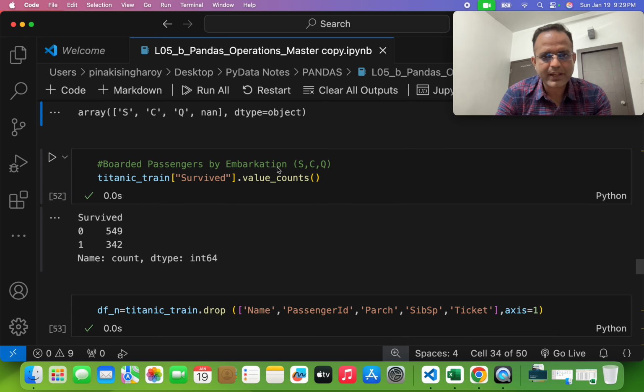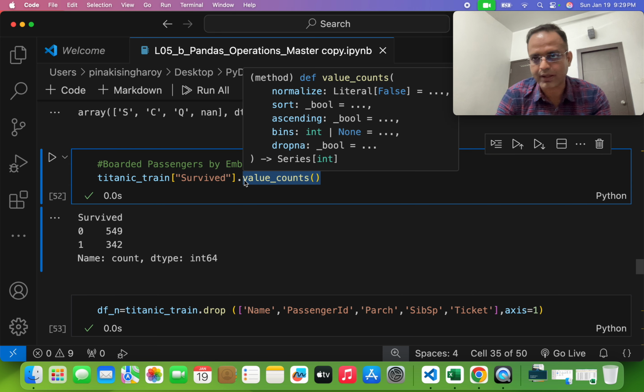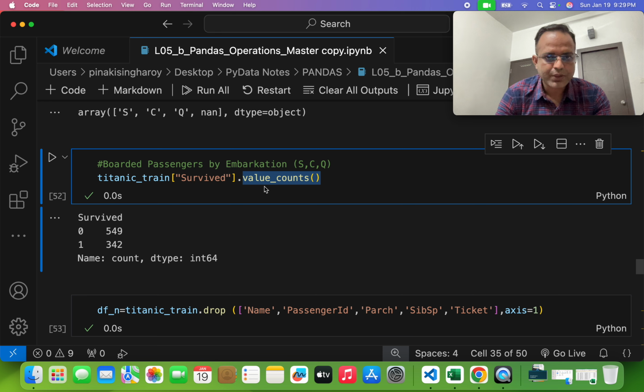So boarded passenger by embarked on S, C and Q. Titanic underscore train, the survived. I just passed within square bracket the survived dot value count. How will it help in our program? Dot value count is basically, if I run that program, we can easily understand in the survived column,